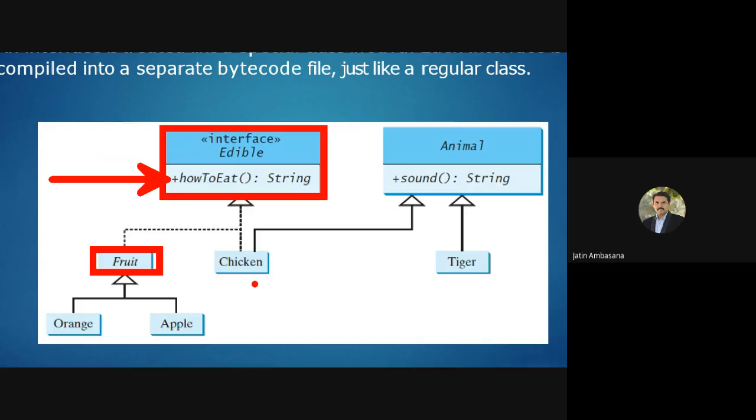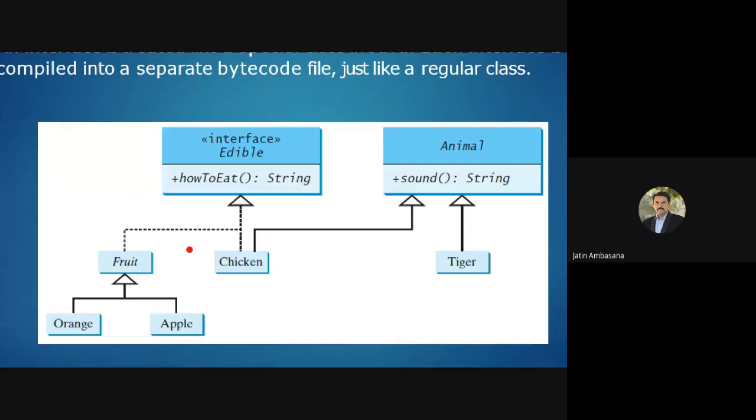You cannot say how to eat all fruits. Can you eat all fruits in a similar manner? No, right? So how to eat is not common for all fruits. That is specific to each fruit. So in this fruit class, we don't provide an implementation of this method, and by default this fruit class becomes abstract.